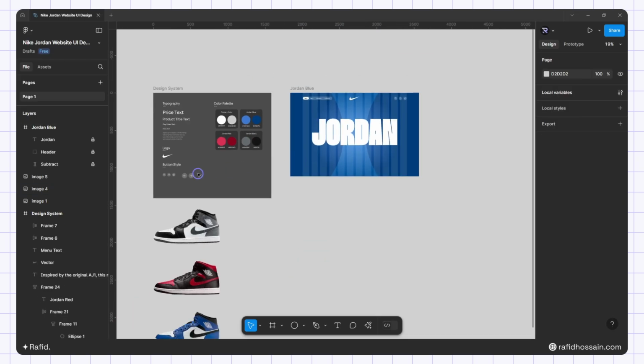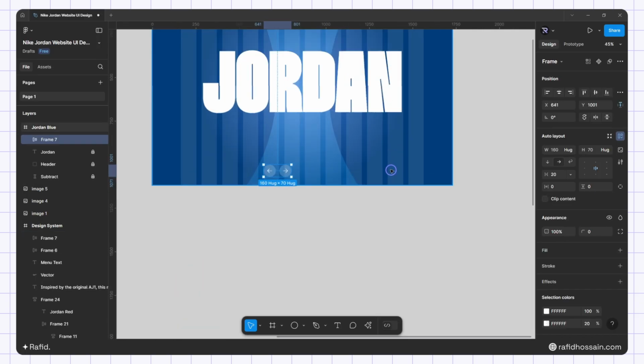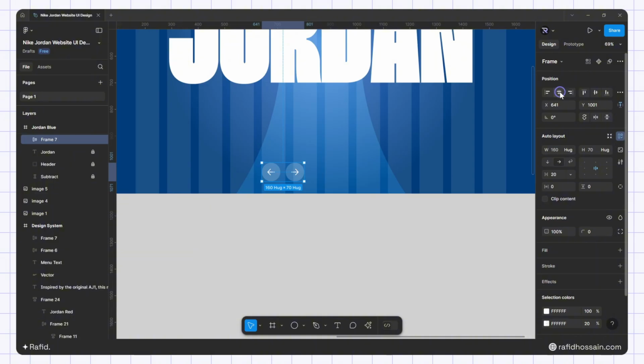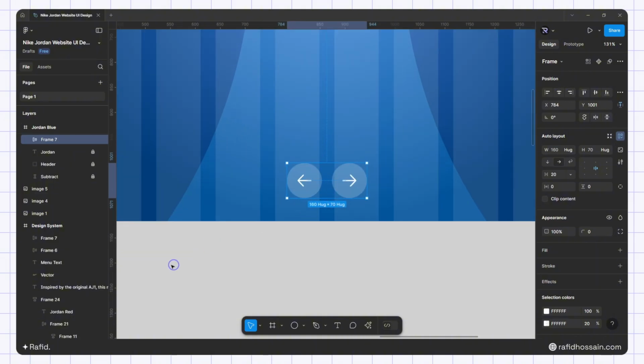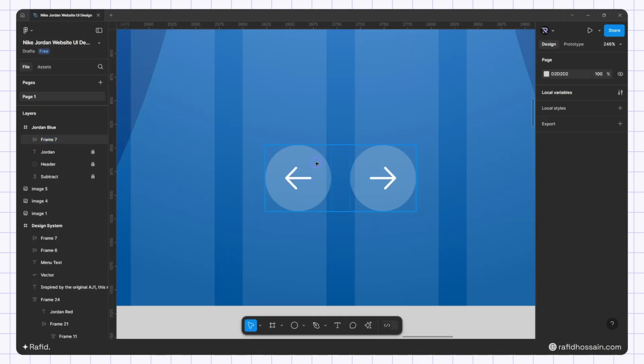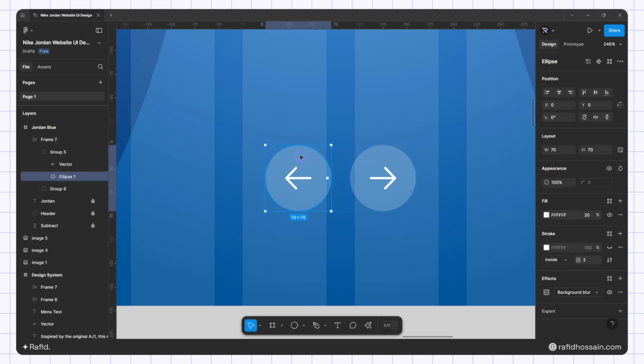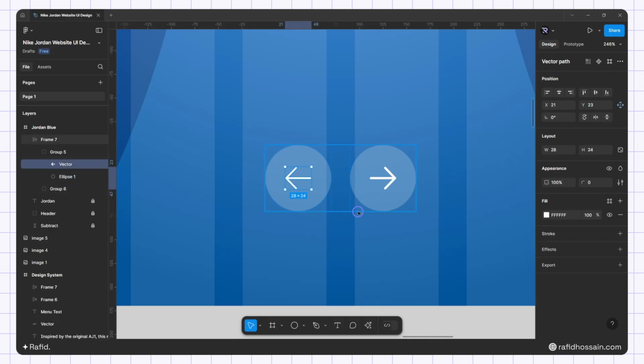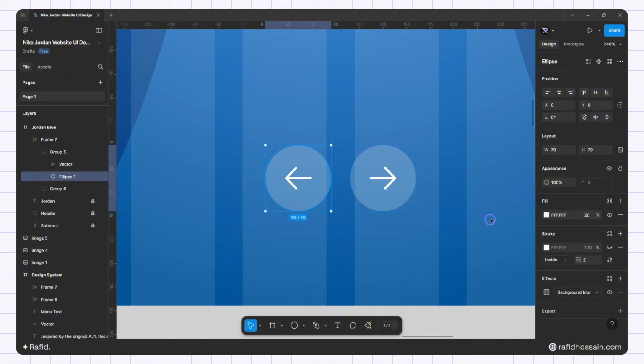So I'll add the sliding navigation icon. So I duplicate it from my design system and I'll make it center, and also bottom spacing is 100 like this. And let me show you what is the correct size of this navigation icon button. So the background size is 70 width, 70 height, and the icon size is width is 28 and the height is 24 like this, and the background color is white and 20% opacity, and I add the background blur 20,